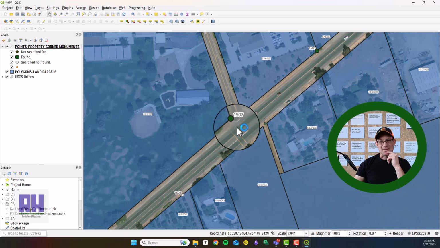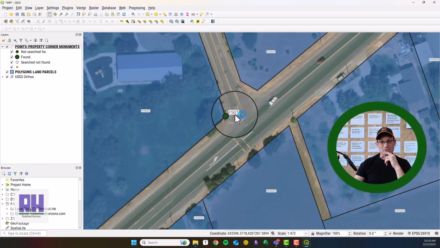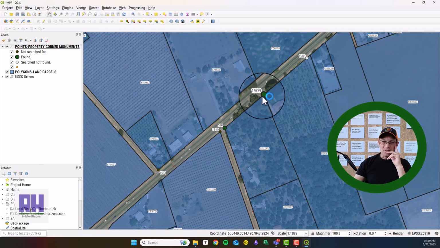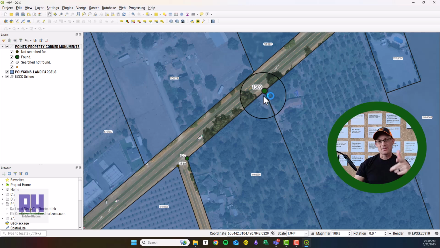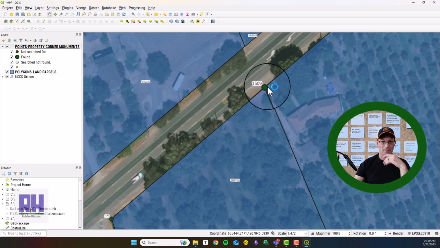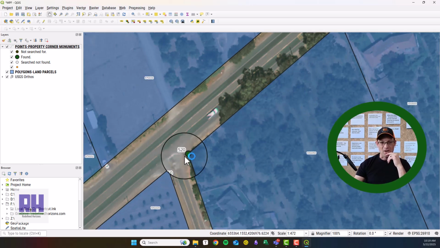I think this monument is actually out in the road a little bit, which is weird. If I remember right, that was in a monument well, and I shot that. That's actually a monument and not a record that's shown in the Caltrans map. Then I came down here and I found this monument, which is actually a pipe in this driveway. There's a pavement driveway here, but it's exposed at the driveway after I dug a little bit, and I was able to survey that. And I also found, I can't remember if it was a pipe or a rebar,